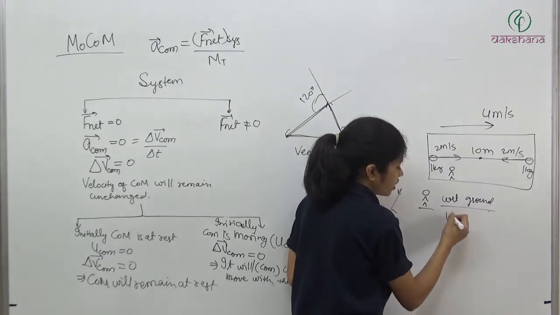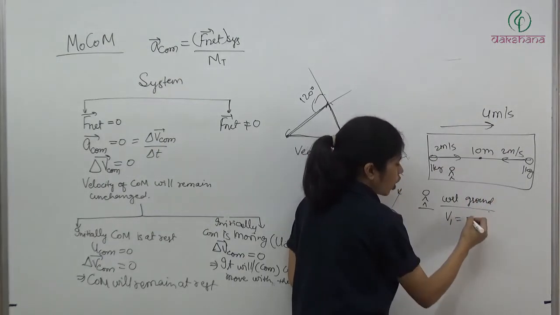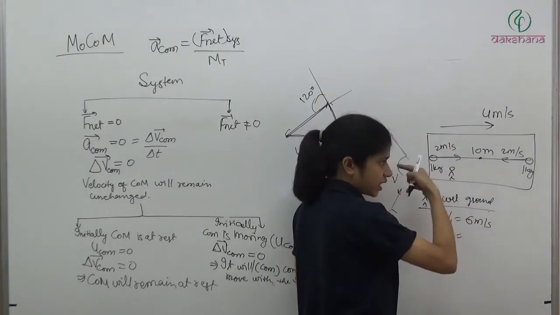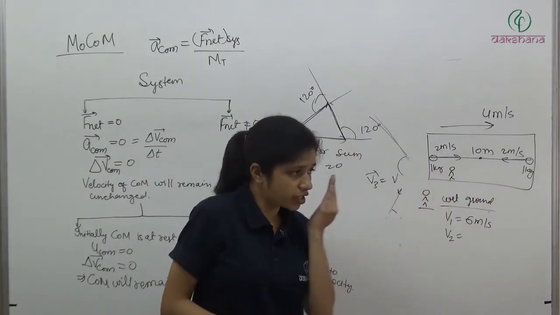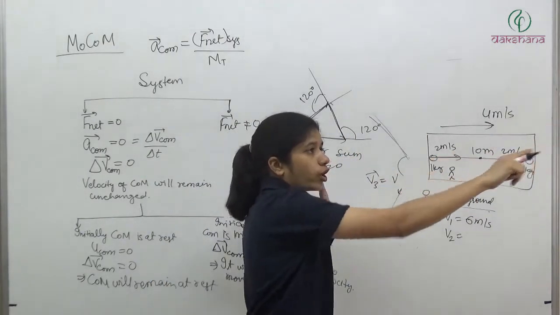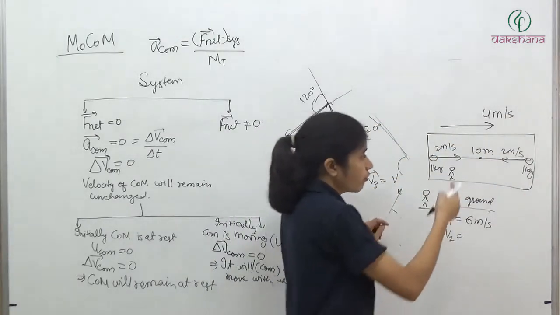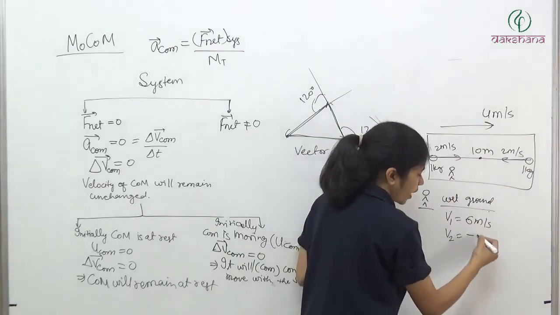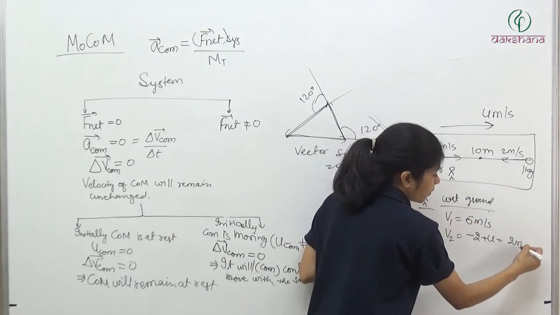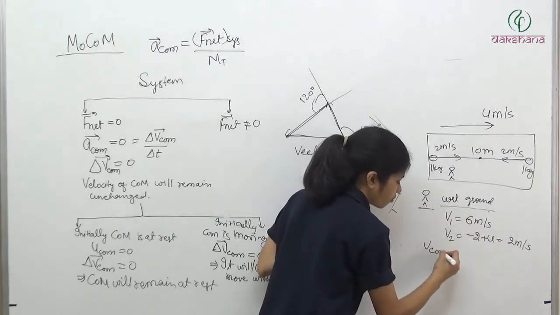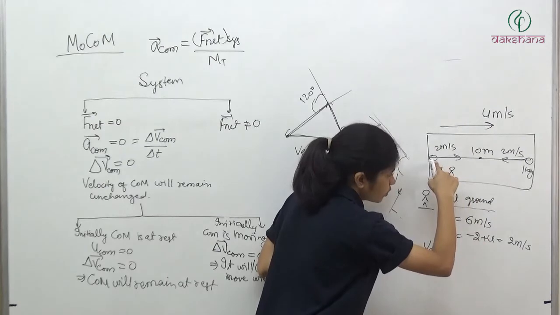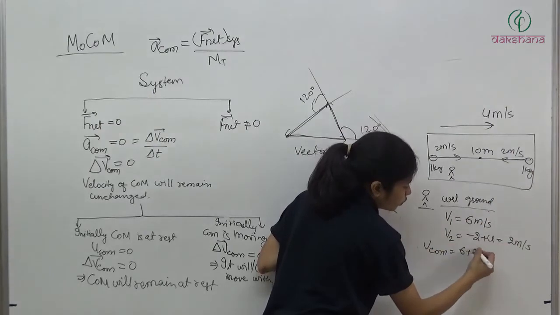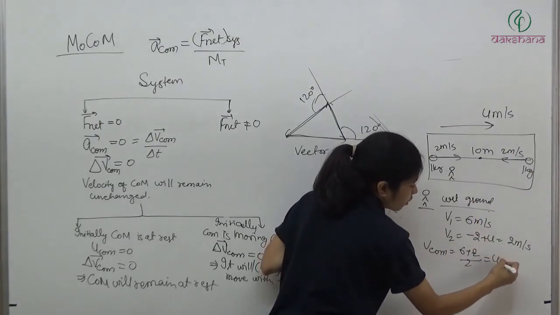With what velocity is it moving? Velocity of first particle is 2 plus 4. How much? It is 6 meter per second. What is the velocity of the second particle? v2 is in the negative direction. Now it is moving with minus 2 and the box is moving with 4, so its net velocity will be 2 in this direction. Velocity of particle in the frame plus velocity of frame, so minus 2 plus 4. Its velocity is 2 meter per second. Now if you find the velocity of center of mass, what will you get? Velocity of the first is 6, its mass is 1, 6 plus m2 v2, which is 2, divided by the total mass of the system, 2. What we got is 4 meter per second.